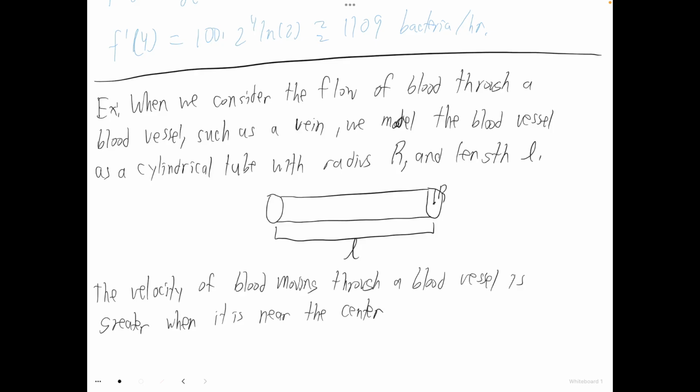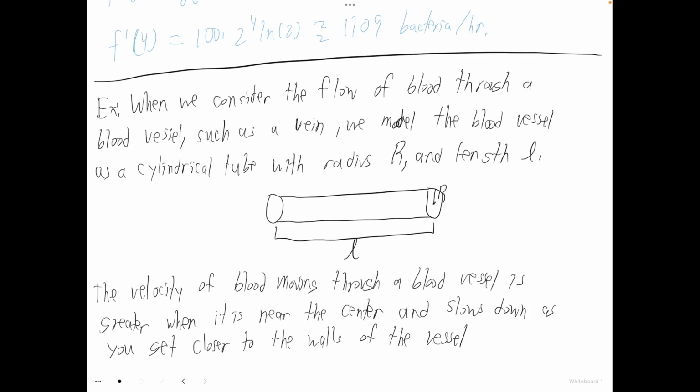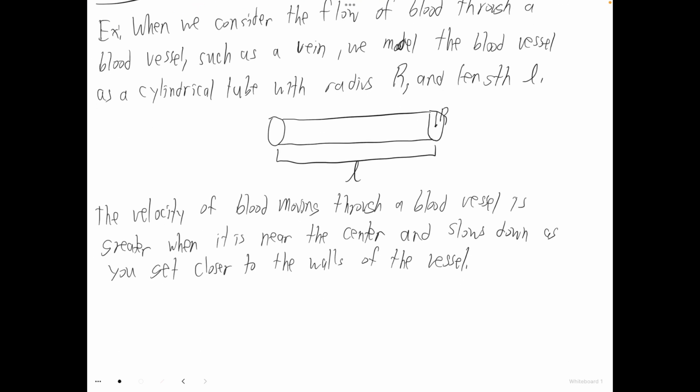So the closer to the center of the tube you are, the faster it moves, and it slows down as you get closer to the walls of the vessel. Okay, so blood doesn't move through a blood vessel at the same speed. The closer to the center you are, the faster you're going, and then you get slower as you go towards the edges. And so if little r